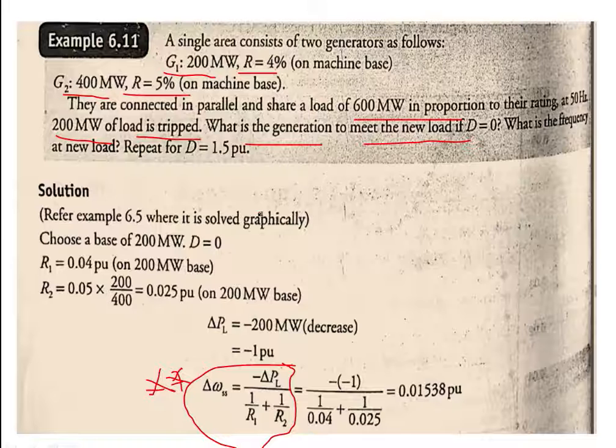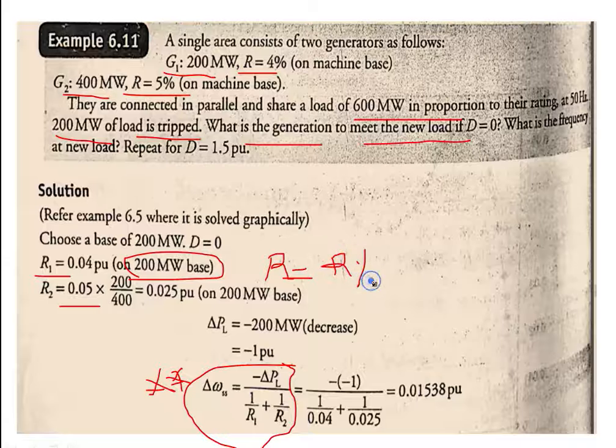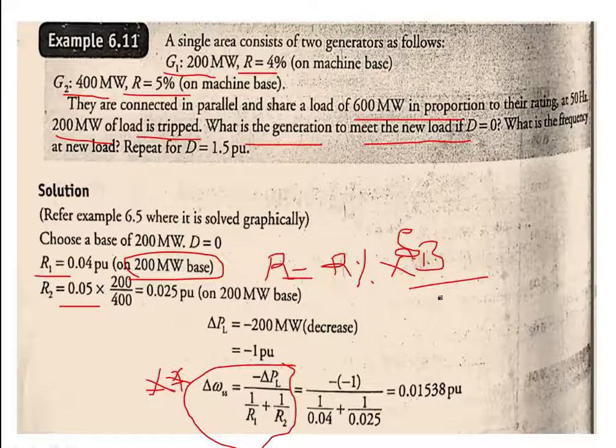So first you have to convert it into a per unit value. So here you can choose 200 megawatt as the base, and if you are converting R1 with respect to base, directly, because it is 200 by 200, 1 per unit, there is no need to again find the value. Then R2 is 0.05 into 200 base divided by load. So how to represent that regulation? R equal to droop characteristics R in percentage into megawatt, that is base MVA, you can call it SB, divided by generation, that is PG.